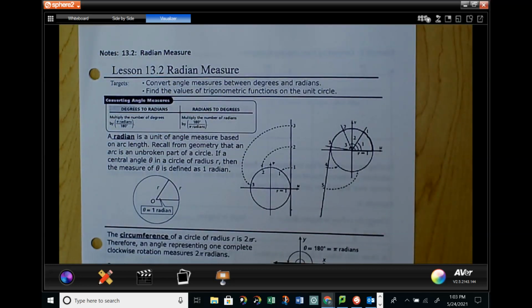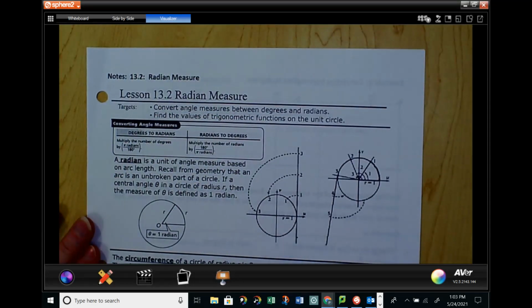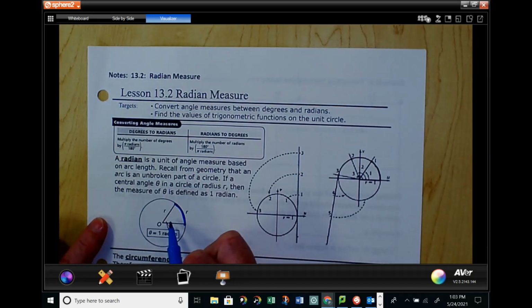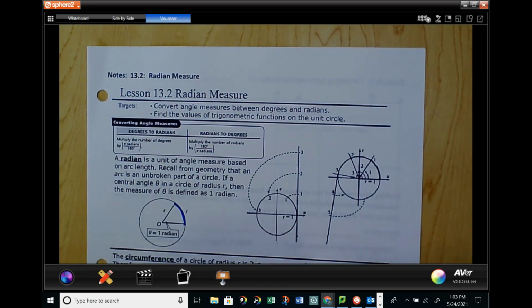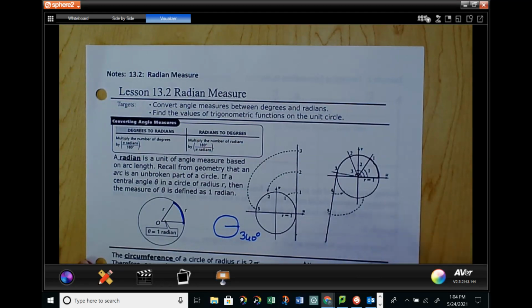Okay, so this video is all about radian measures. The radian is just that arc distance. It's a different way to measure angles, and instead of degrees, we're going to have it in radians, which involves 2 pi. All the way around your circle is 360 degrees, and all the way around in radians, you know that our unit circle